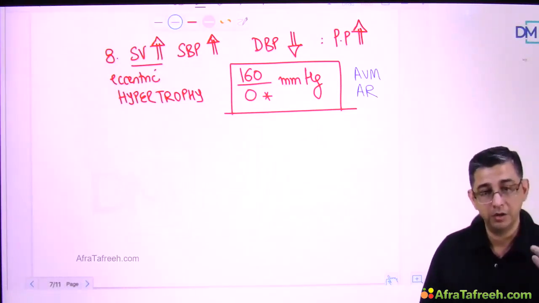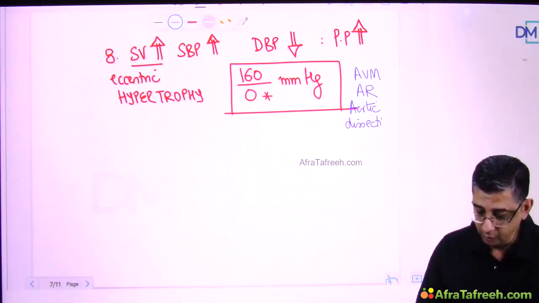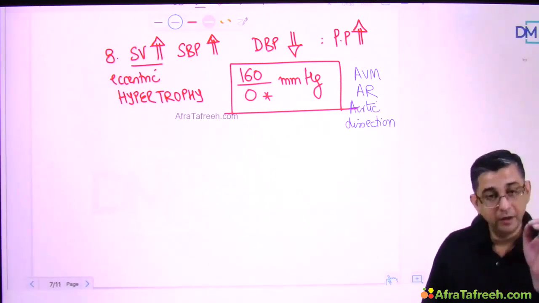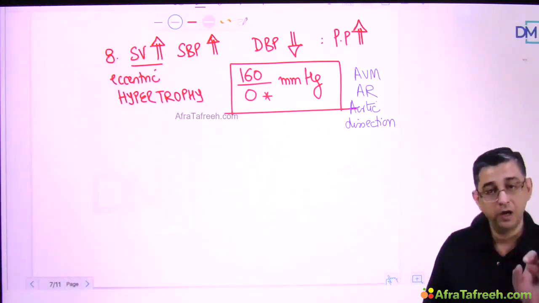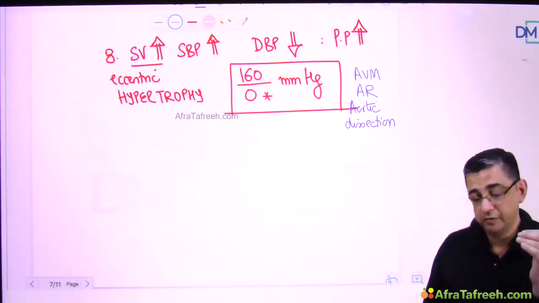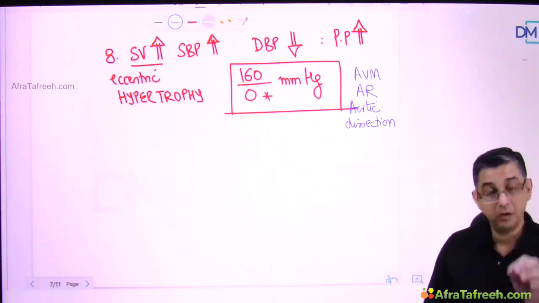So two important reasons which I want you to remember. And addition of aortic dissection are conditions where you can be having such outrageously strange values given to you. And I reiterate my statement again, this is not a true value. This is actually because the Korotkoff sound is being heard till the end. So don't wait for the Korotkoff sounds to disappear, and rather take into consideration when the Korotkoff sounds become muffled